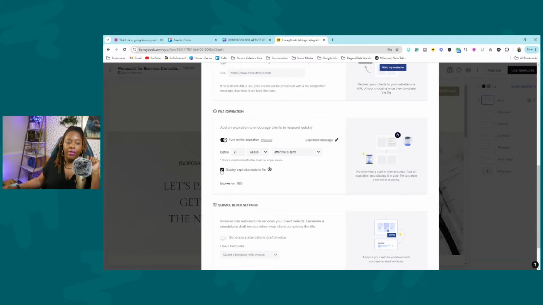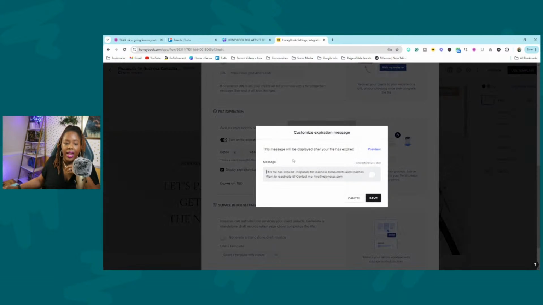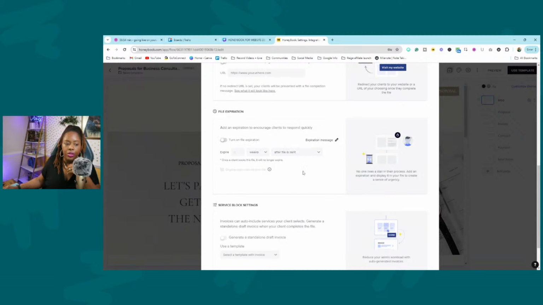And you can even have it where it'll display the expiration date. So at the bottom of that form, that expiration shows them that, hey, this is going to expire in X amount of days. You can even edit the message that they will see about what it's going to do when it's going to expire. And then what happens is when it expires, they have to go through and contact you to